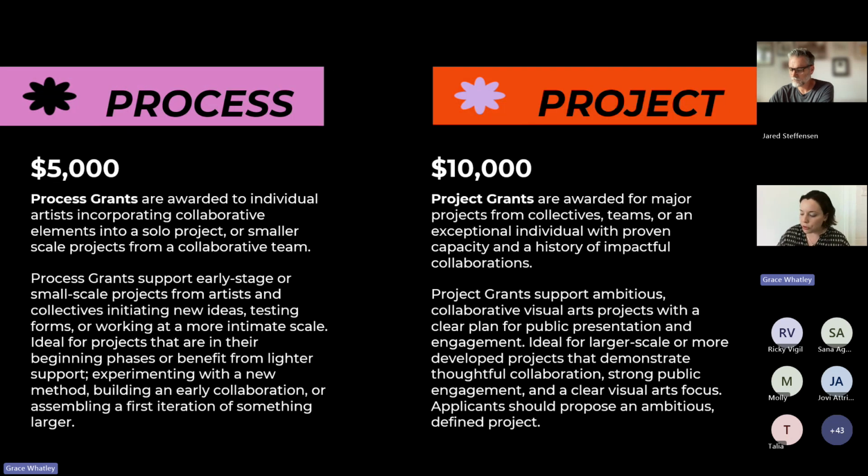So we've established two grant tiers for Assemblage Art Fund, and that's the process grants, which are $5,000, and the project grants, which are $10,000. And during the application process, you will be asked to select one of the tiers to apply to, depending on the one that best aligns with your project scale and concept. So process grants award $5,000